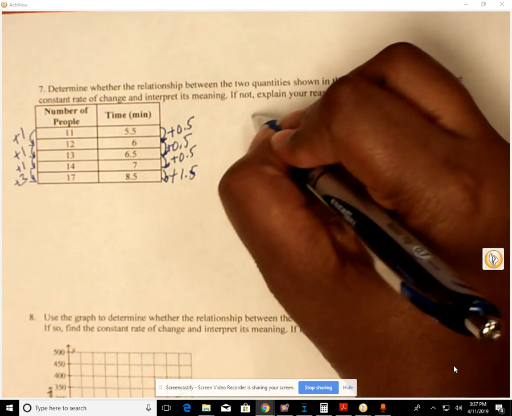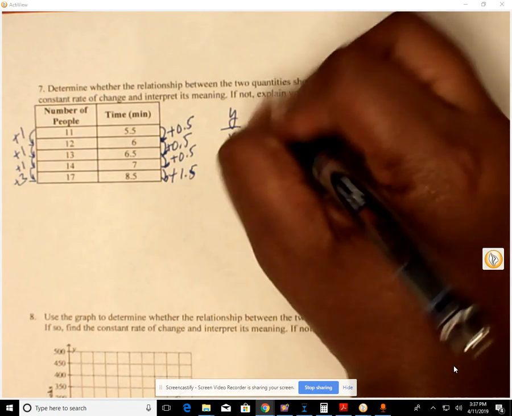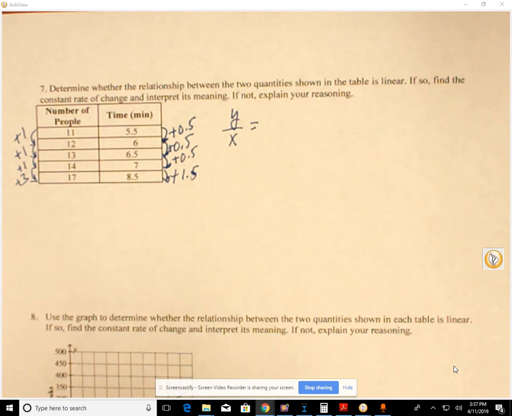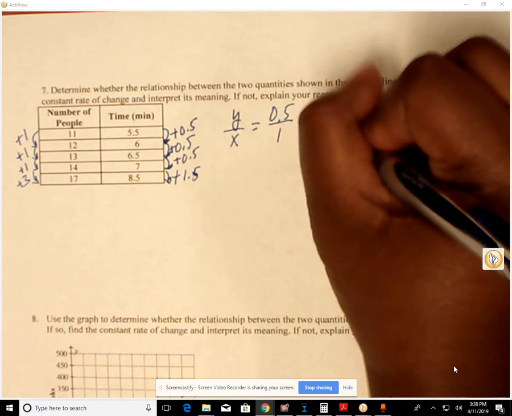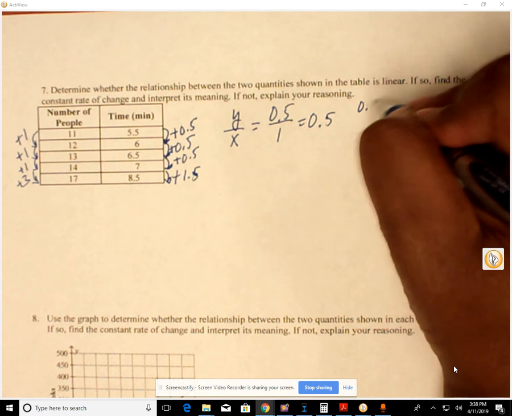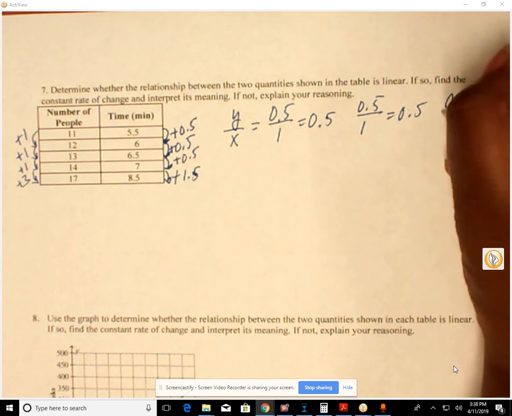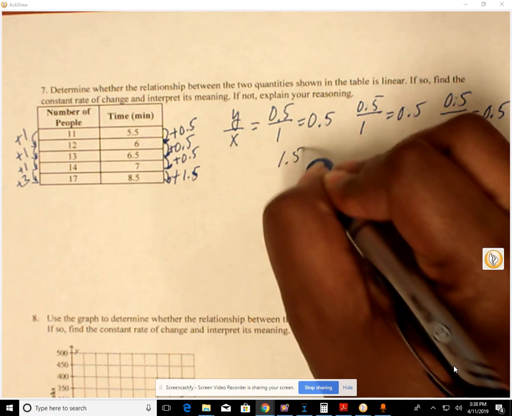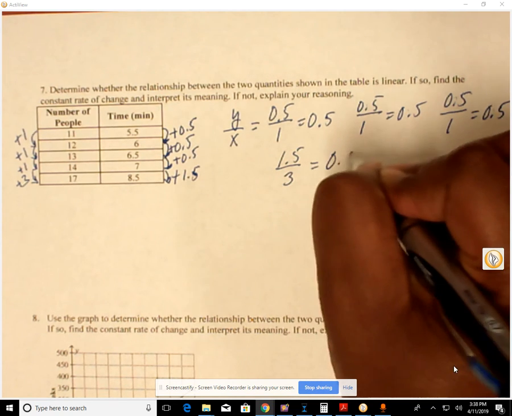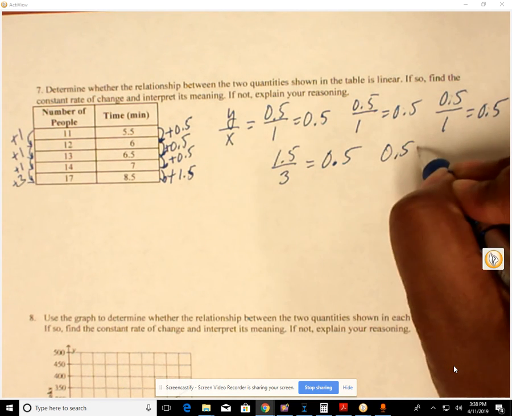So we're going to do y divided by x. Here's our y, and number of people are x. So remember, number of minutes per person is what we're doing. So that's going to give us 0.5 divided by 1 is 0.5. 0.5 divided by 1 is 0.5. And then we got to do the last one, which is 1.5 divided by 3, which would also give us a 0.5. So what that is saying is 0.5 minutes